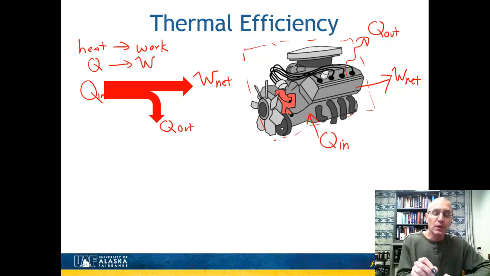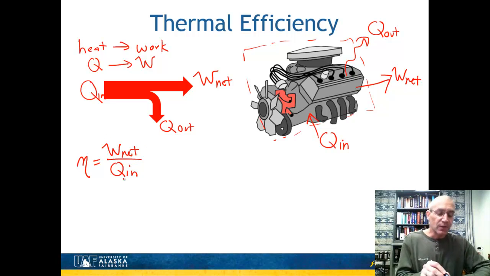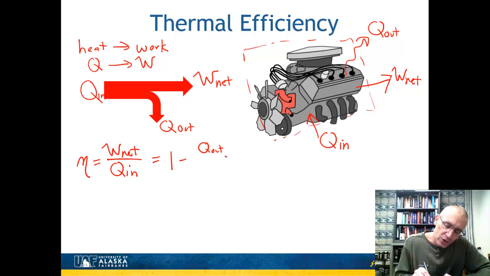All right, now we want to talk about efficiency here. Now remember, efficiency is desired over required, and we use the symbol eta for efficiency. What is desired from this device is the net amount of work that we're producing, so it'd be the net work, and then we're going to normalize that by what is required, which is the heat that goes in. So there's my efficiency, the net work over the heat in. And if I do a first law energy balance over this little dashed line that I just drew, I can eliminate the net work and find out that this is equal to 1 minus Q out over